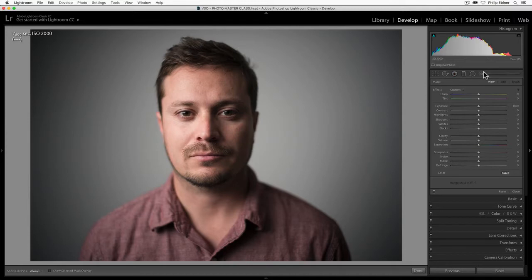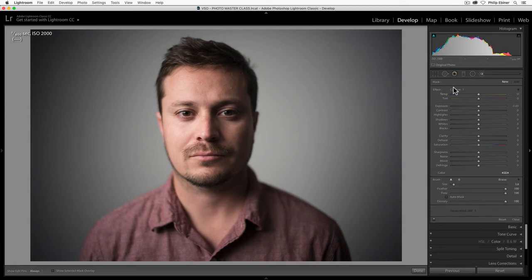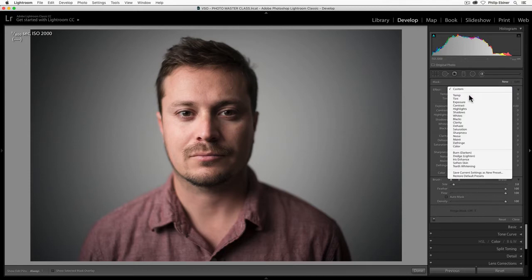We're continuing to learn all the advanced features of our brushes and filters up here. And I mentioned in the last lesson that there are some preset effects. So I have this photo of Will up and I have my brush selected. If I drop down this effect, you can see that there are different sorts of adjustments. They have these presets like softening skin, whitening teeth, making the iris of your eyes look better, or things like adjusting the dehaze, which would be good for the sky or things like that.